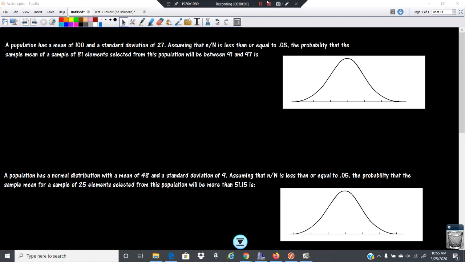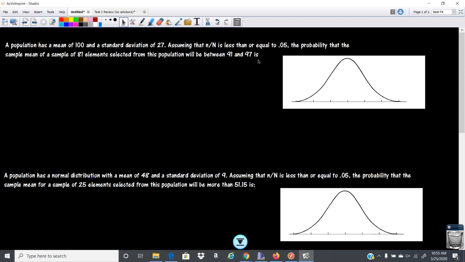All right, let's take a look at some sampling distribution problems. So our first problem, we have a population with a mean of 100 and a standard deviation of 27. Assuming that our sample size divided by our population size is less than or equal to 0.05, the probability that the sample mean of a sample of 81 elements is going to be between 91